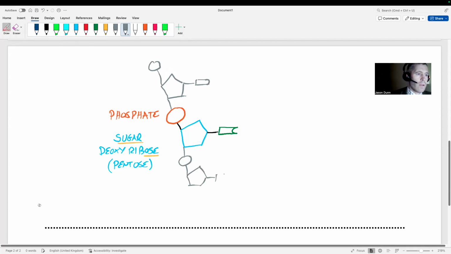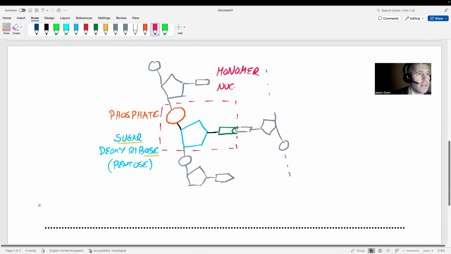And in fact, there'd be one coming along the other way because it's a double helix. So I could draw one here, like so. It's a bit tricky to do upside down. And it's not the same. But you get the idea, and it would be going on like that. Okay. So this particular bit is the nucleotide, a single unit. So it's the monomer. That's the general word, the monomer, and it's called a nucleotide.